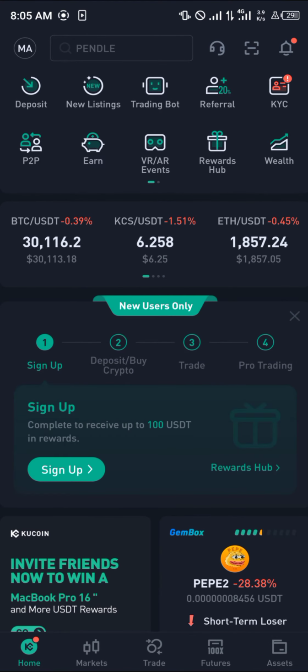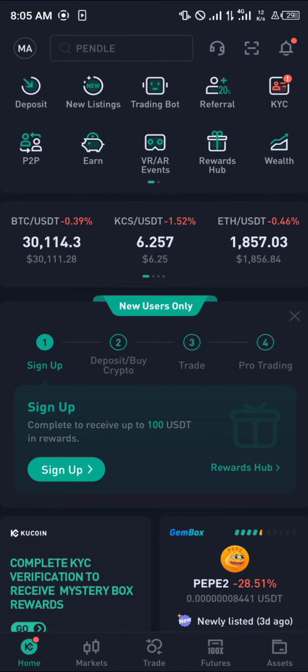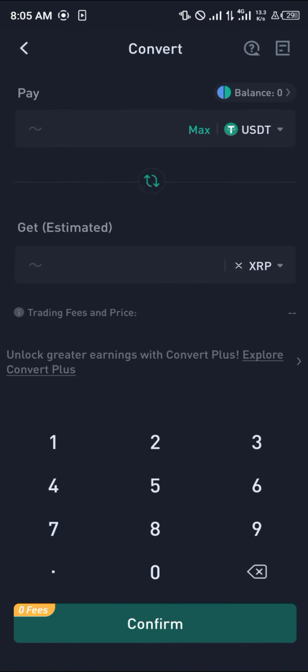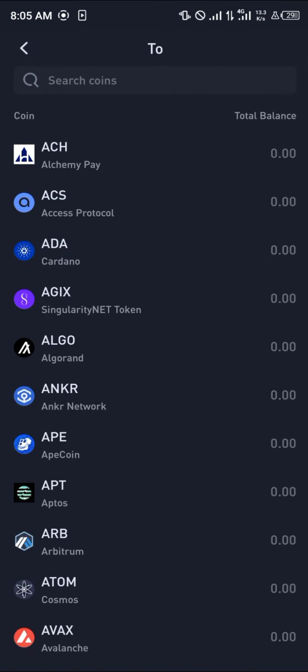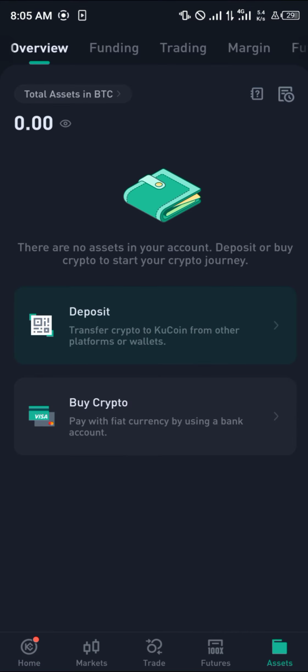Now, with KuCoin, all we're going to need to do is deposit either BNB here or any other cryptocurrency assets like USDT, USDC, BUSD, and simply scroll over till you find the convert, which is here. Click on convert, and in the place of XRP or whatever token appears, you simply click on ADA, and then we add the Cardano manually. So let's say we want to swap 10 USDT, which is going to be giving us 35 of the ADA. And then once you've swapped or once you've converted, you simply head over to your assets,